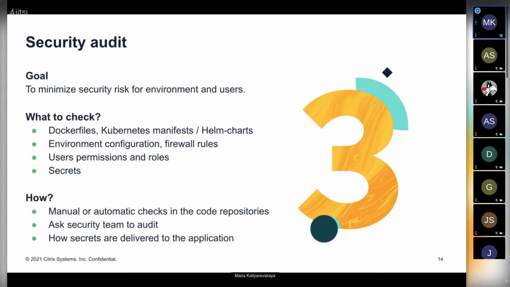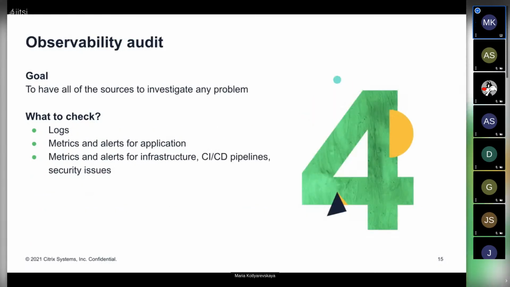And also a review of secrets management. It's also very important, because sometimes there are really crucial problems that can be solved with GitLab repo settings, for example. And the last one, from an audit perspective, is observability.